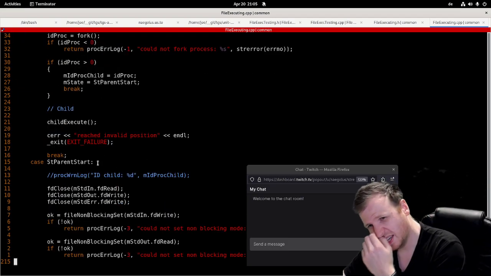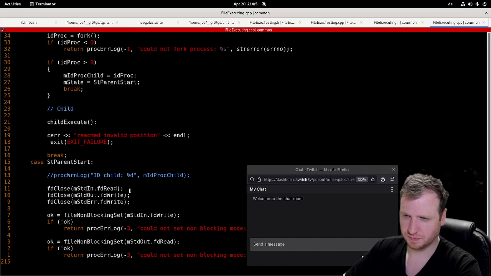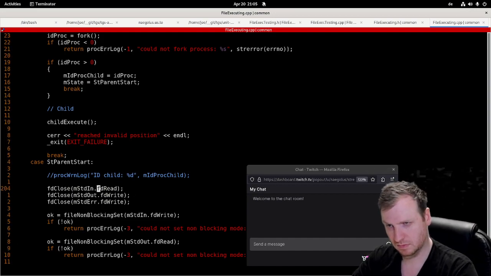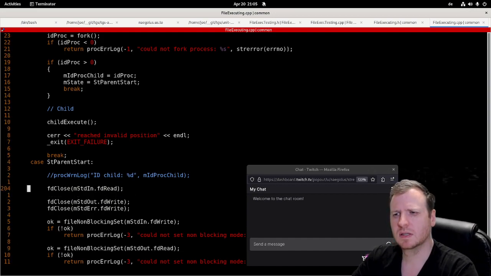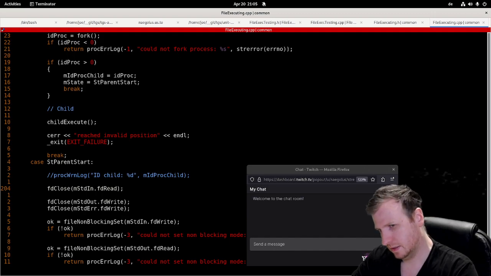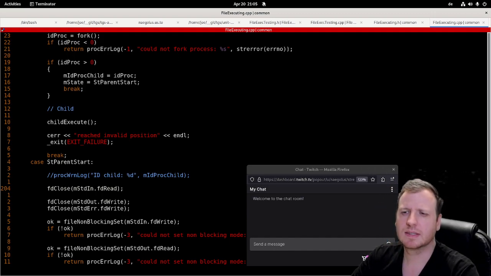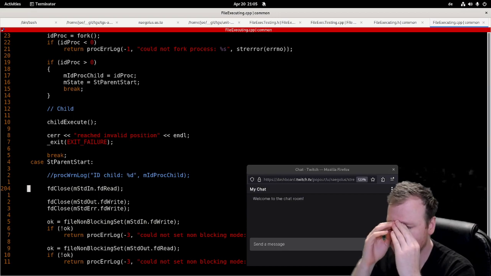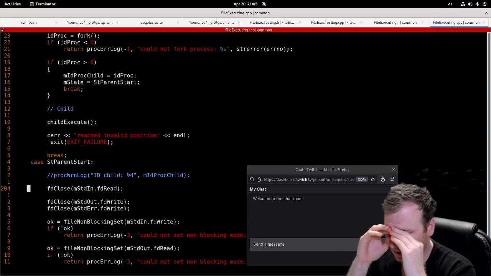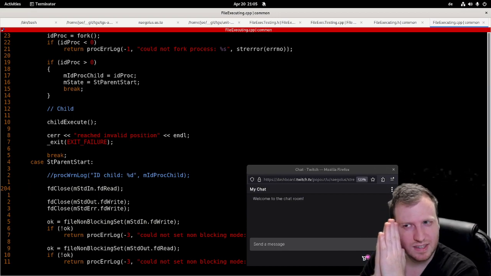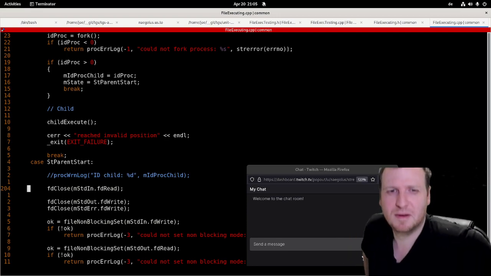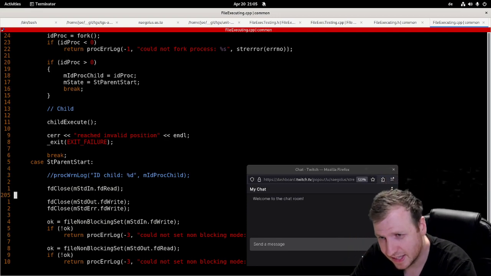And in the parent we have to close read and write. We close the read part of the standard in pipe, and if